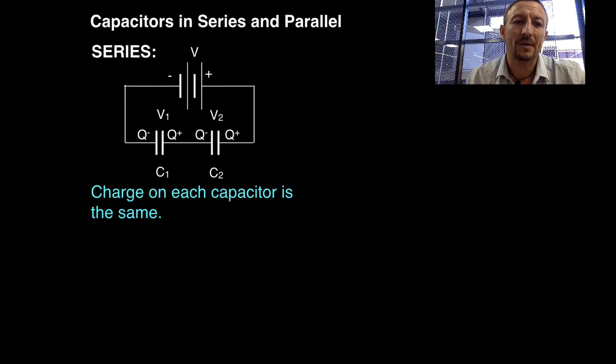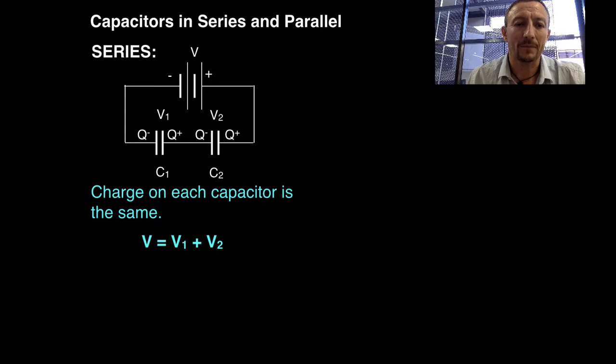Now what else do we know about series circuits? We also know that if we put any component across a series circuit, their voltages, when added up, will equal the voltage of the power source, or the V supply. So V equals V1 plus V2. Obviously, if I've got 6 volts from my power supply and I've got the same size capacitors,